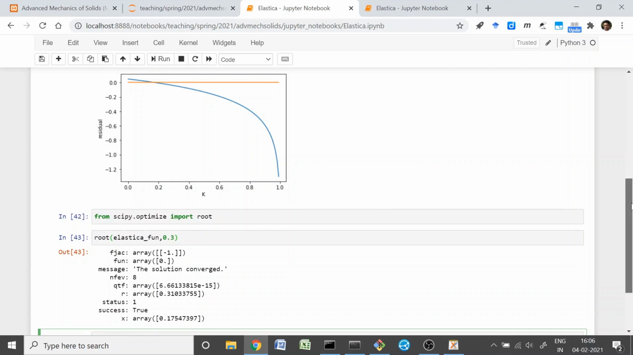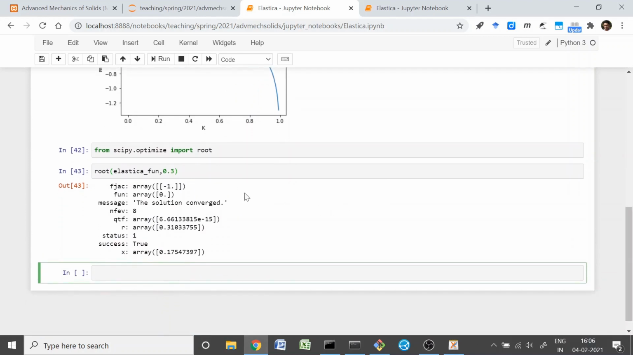Okay, so you see, it does give us something. Now this something is the actual solution. Now you see here that it provides the solution in a slightly strange fashion, but the key thing to note here is this thing, the success true. Okay, the solution has converged, it's true, and